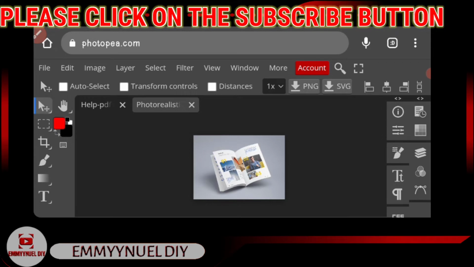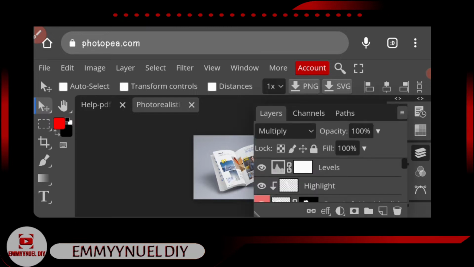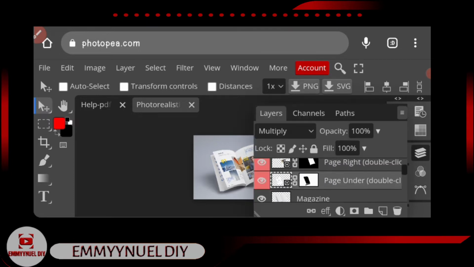So what to do next? I'll show you how to edit this. To edit this now, you have to use the layers. You have to click on the layers, which is this icon there. Under the layers you see the contents that the